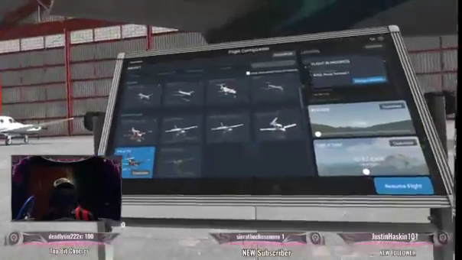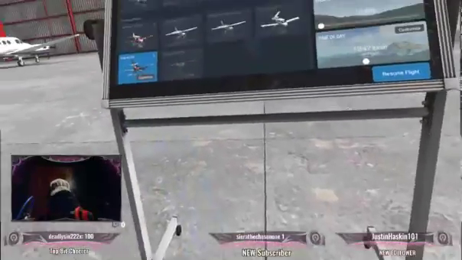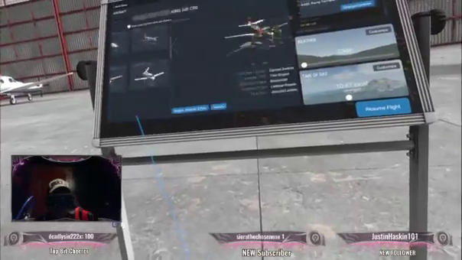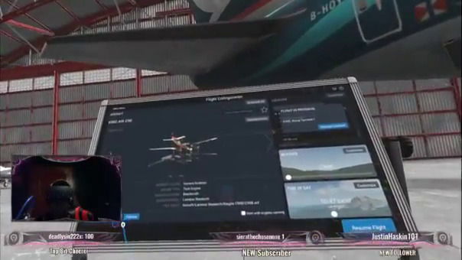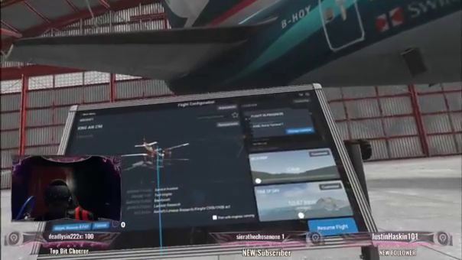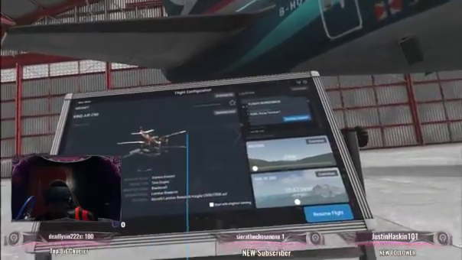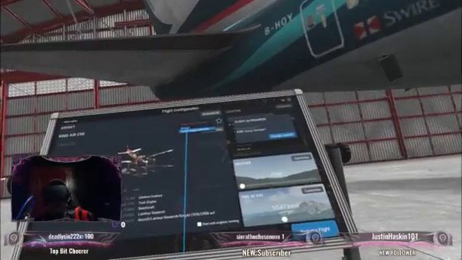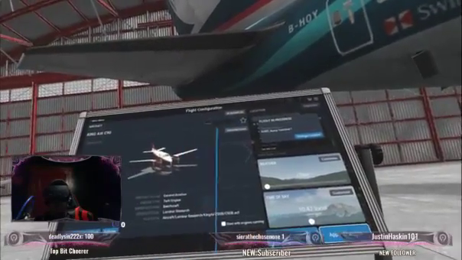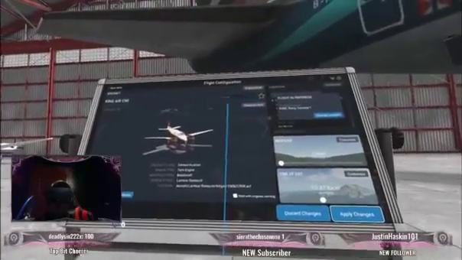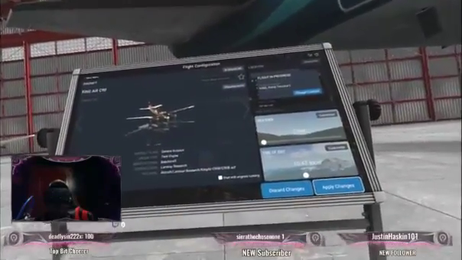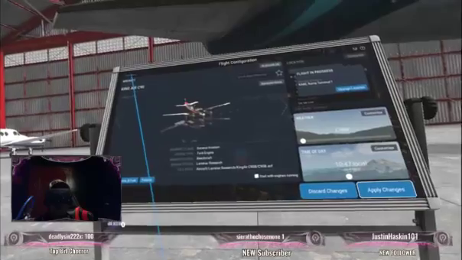Back to the flight menu. There you go. Now where there wasn't an icon anymore, there is now. And that's how you do it. That's how you take one of the skins, change it to a default, and